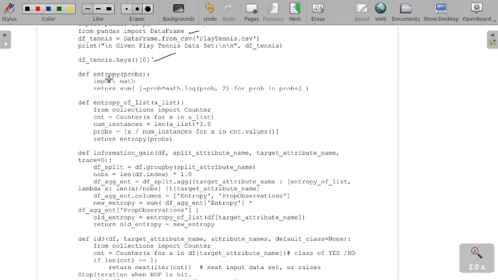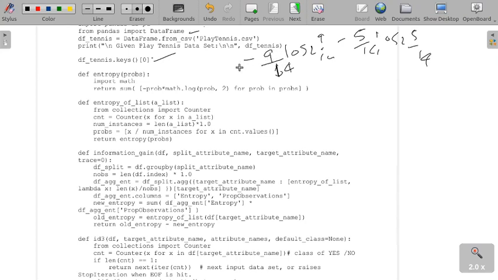Next we have our function for calculating the entropy. Props means probabilities. For example, out of 14 instances, 9 are positive and 5 are negative.